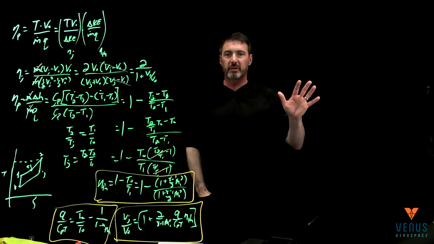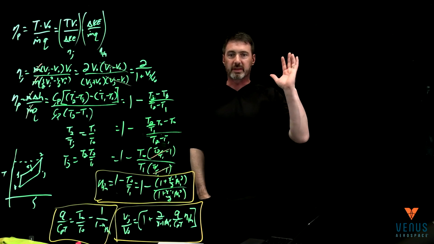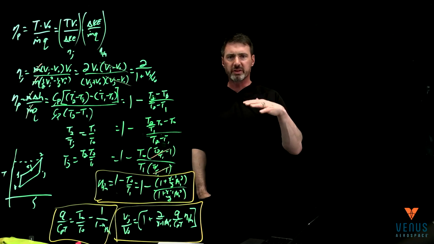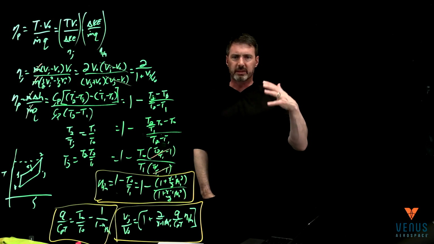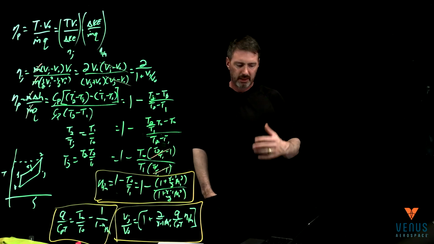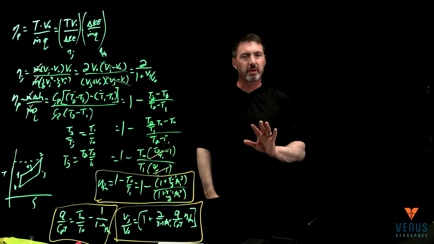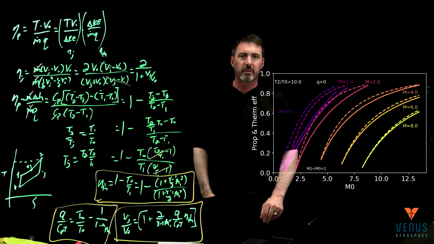Now, the first thing I have to show you, there's this plot in Kuchemann, and I'll be honest, I stared at that for hours, and I had to do a whole bunch of derivations, and I couldn't figure out what he was plotting. The description of the plot is over a couple of pages, so I finally figured it out, and I'm going to split it in a couple of things first, okay? So the first one,